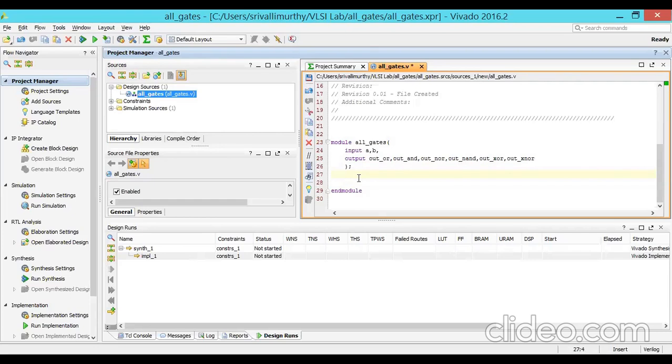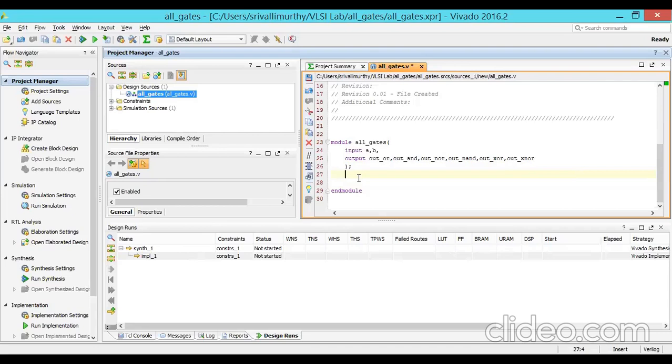Behavioral modeling means we express the behavior of the design using behavioral constructs like if statement and case statement. Structural coding means we implement the structures, the schematic or circuit, directly.